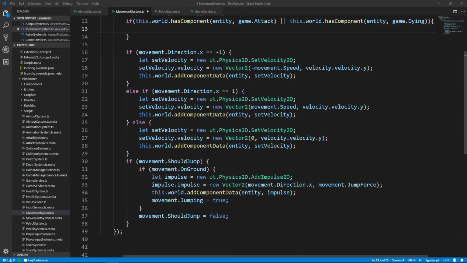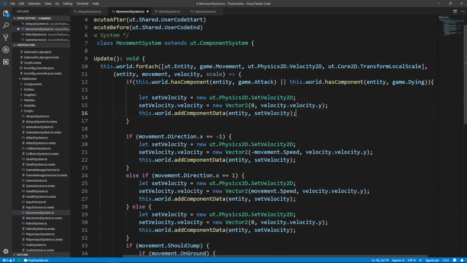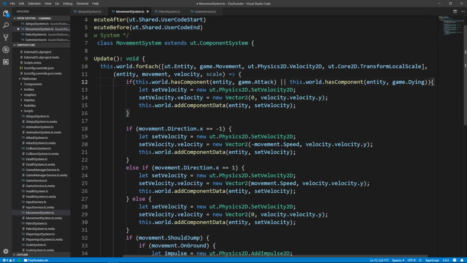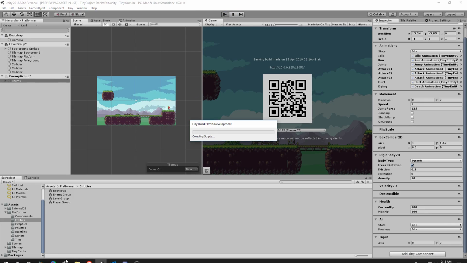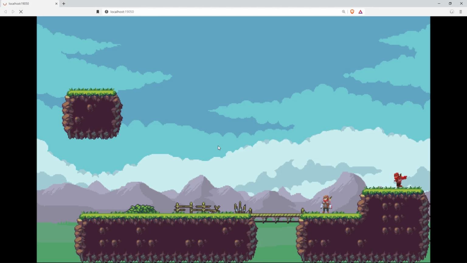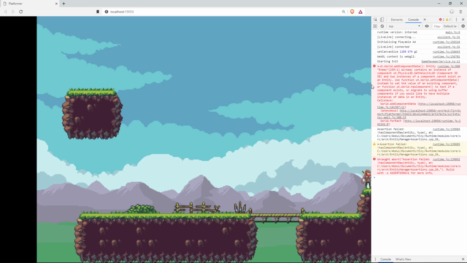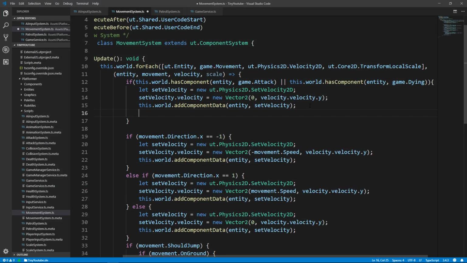So we can just go into where the idle is, copy and paste the idle statements, save, go back into your Unity editor and click play. Let's walk back over to him and see if he pauses when he attacks us. Oh, he paused alright. Paused and errored. So it says we already contain an instance of ut.physics2d.setVelocity2d. That's because we need to return right here. So we'll add in a return, save again,